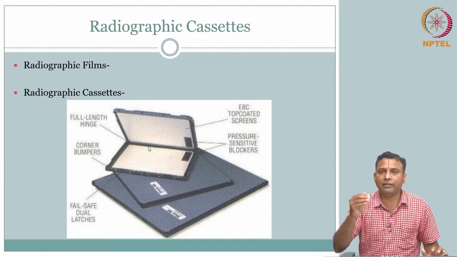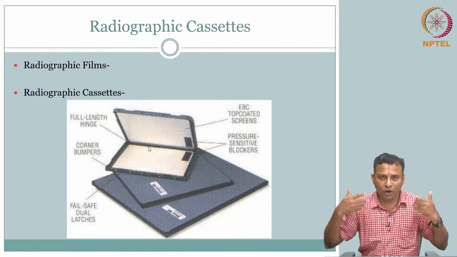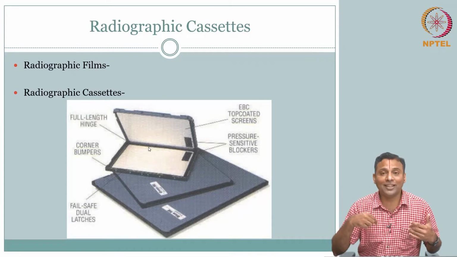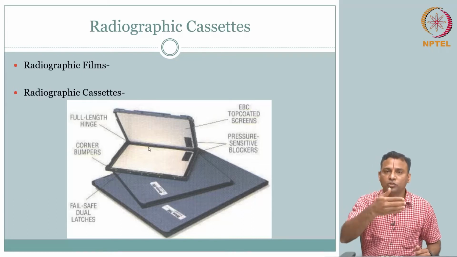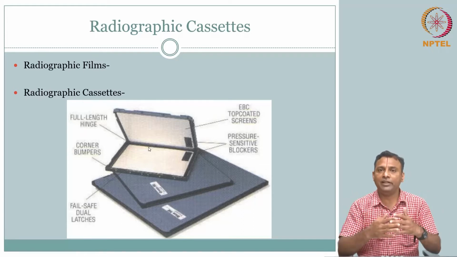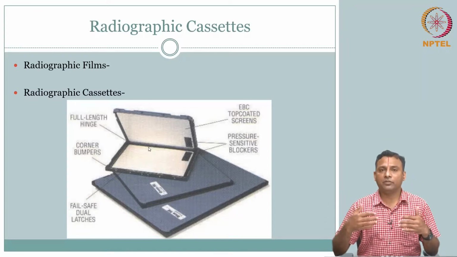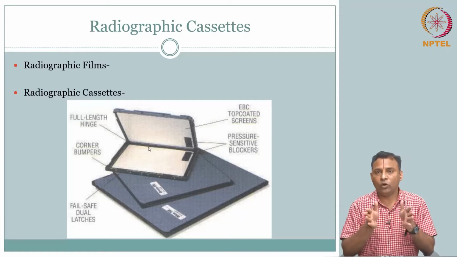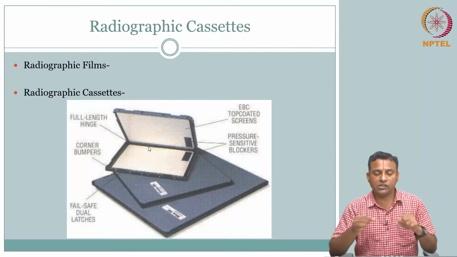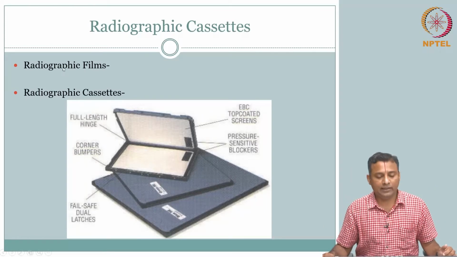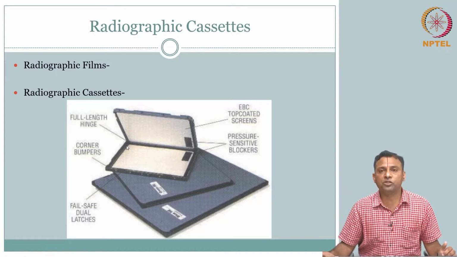We have gone systematically from source instrumentation to what all we can manipulate with the object, human beings, giving the contrast agent, and then of course some instrumentation before the source and the object in the form of filters and restrictions, and then from the object to the detector again some form of filtering and collimation, which we talked about. And then last the detector system, which consists of an intensifying screen and a regular film. So, this is with respect to your projection radiography instrumentation.